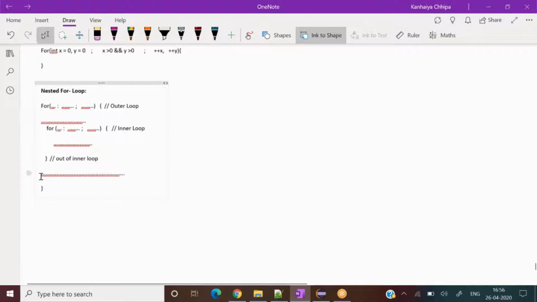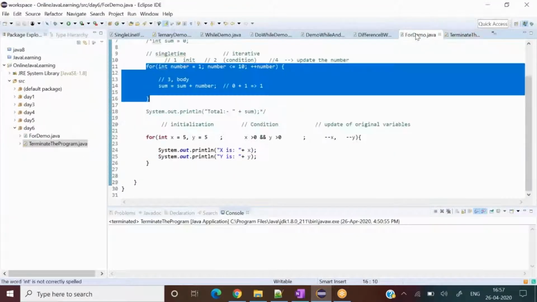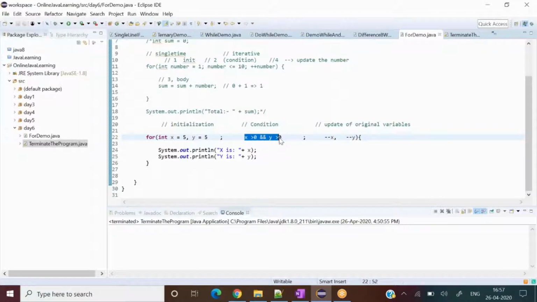So any idea when we use such kind of loops? Before that, okay, I'll draw a diagram also for this, but any guesses when we use it? When there are multiple conditions that need to be tested, I guess. Multiple condition means? I don't know, brother. Okay, all right. See, we had multiple conditions in our last program also. There was multiple condition, X and Y. Yes, right, we were doing such type of things.